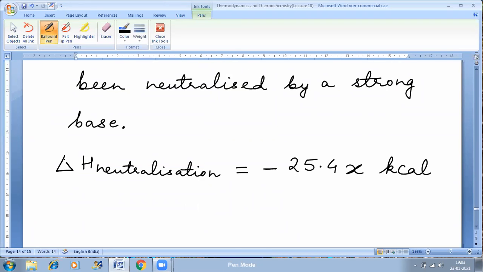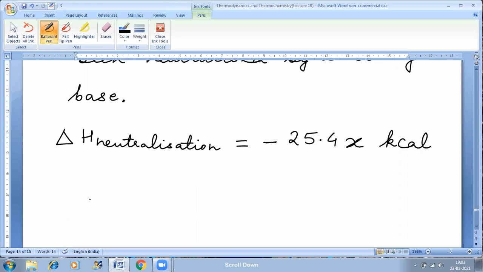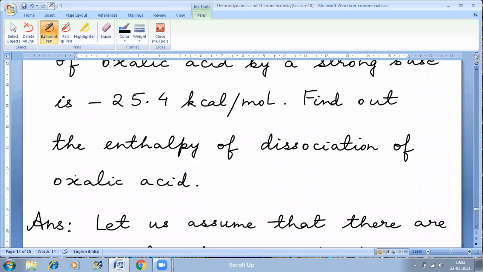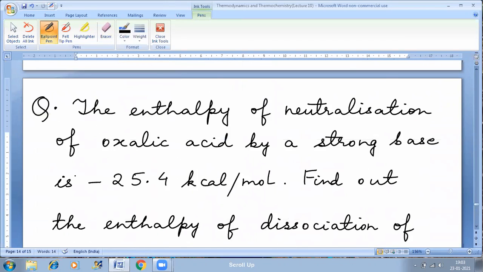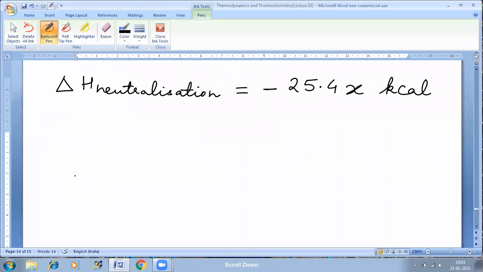So delta H neutralization is equal to minus 25.4x kilocalories. ये एंथैल्पी चेंज है रिएक्शन का। डेल्टा HR जो बोलते हैं ना एंथैल्पी ऑफ रिएक्शन, वो ये है। ऑलराइट, also find out the enthalpy of dissociation of the acid. चलो हो गया।